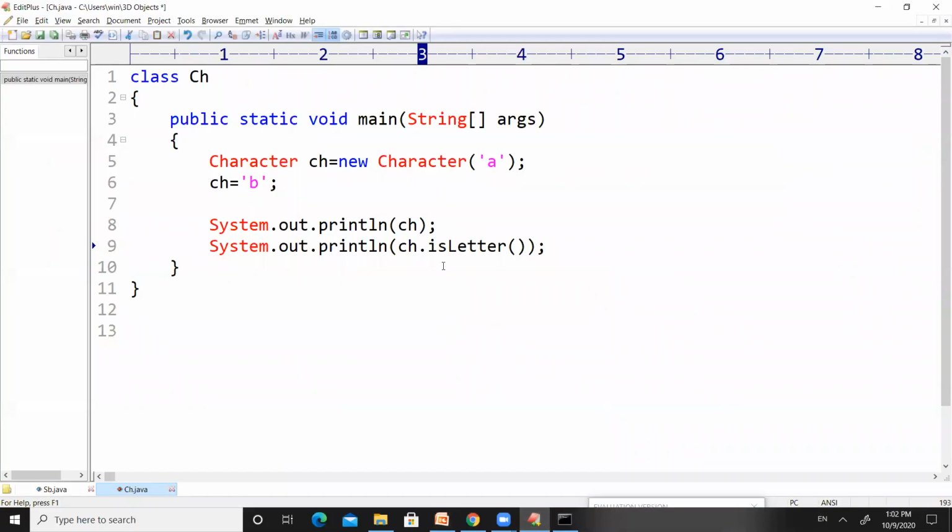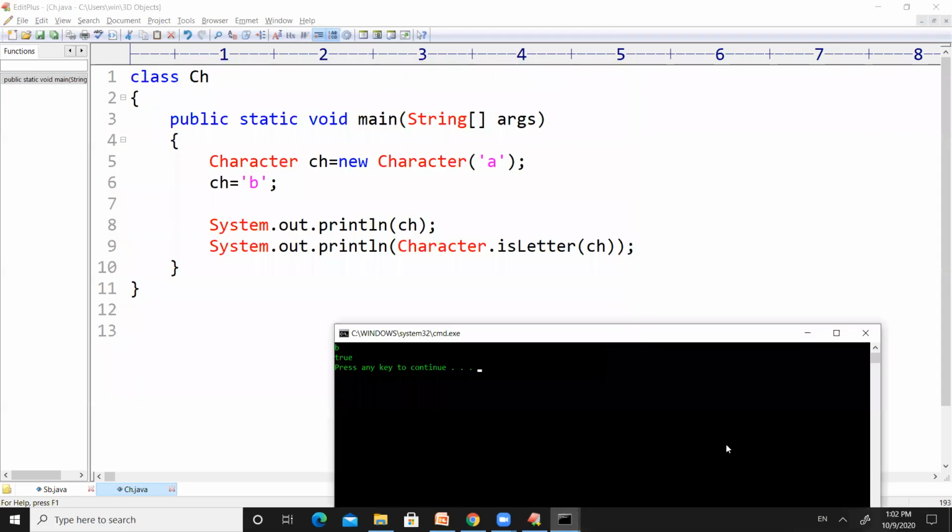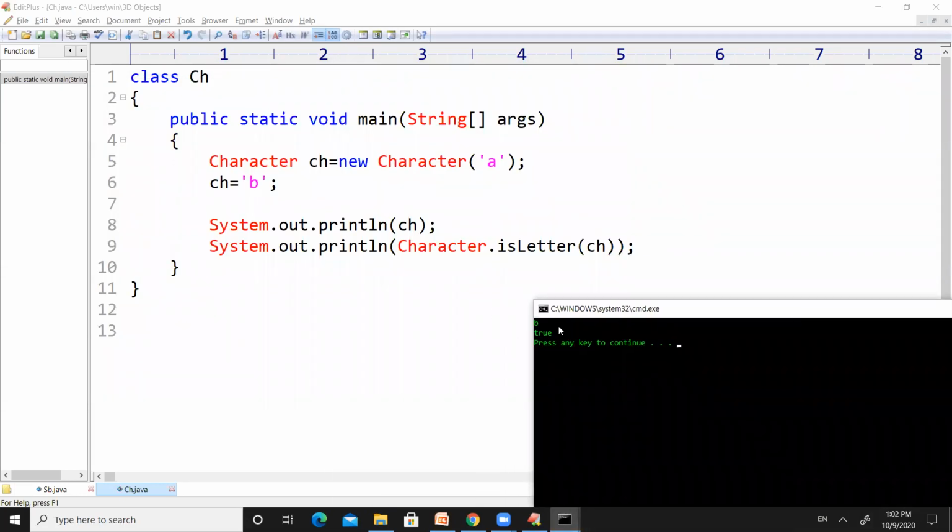So here you can use Character.isLetter, which is one of the methods in the character class, and we are going to check whether ch is a letter or not. Now, if it returns true, that means ch contains a letter, and if it returns false, that means ch does not contain a letter. So we don't have any errors here. Just run the code. I got B because ch contains B, and the next System.out.println is printing true. That means ch contains a character, and that character is a letter.